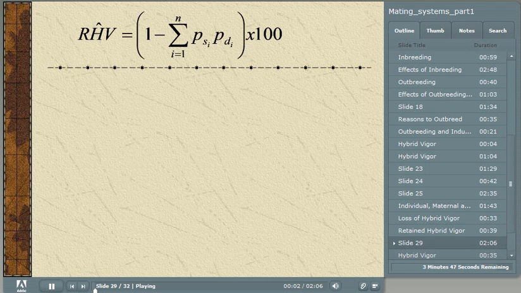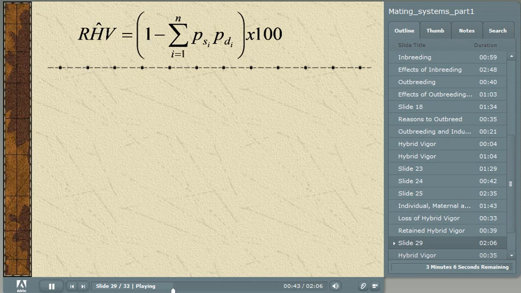So let's talk a little bit more about percent retained hybrid vigor. Now I've shown the equation that we use to calculate how much hybrid vigor is actually left in offspring once we start to breed those back to animals of similar breed composition. And don't panic, because I want to explain everything. Okay, so in this calculation, we're going to take 1 minus some things that are added together. That's what the sigma is. It's summation. And that's a summation of the percentage of a particular breed in the sire times the percentage of that breed in the dam, where n represents the number of breeds in the cross and the number of things